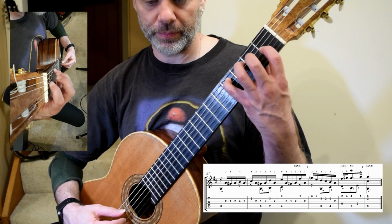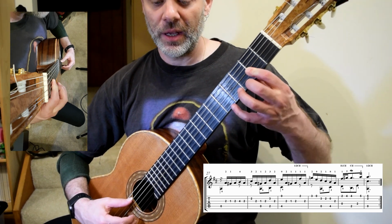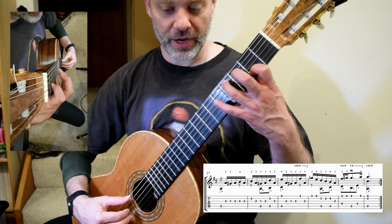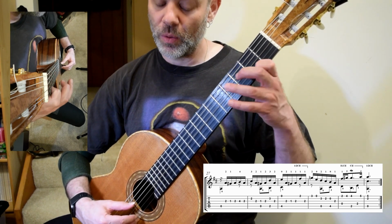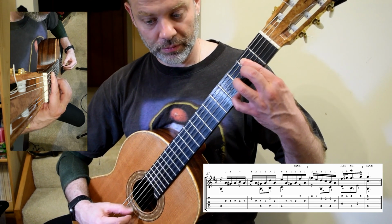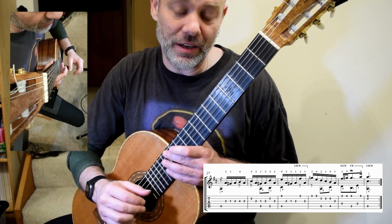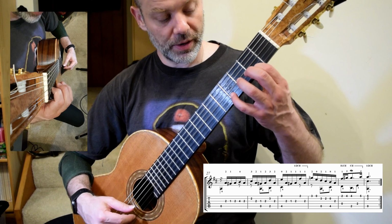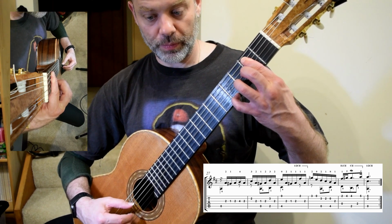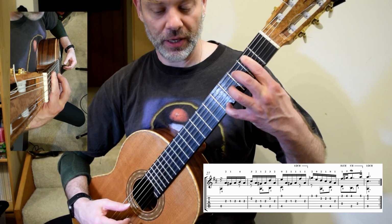2, 1, 1, 1, half bar 2, 2, 0, 2, 1, 3, 1, 4, so that again is kind of the tricky bit. It is 1, 4, 1 and 4, 1, that's that E there, stretch out to A, bar comes down,